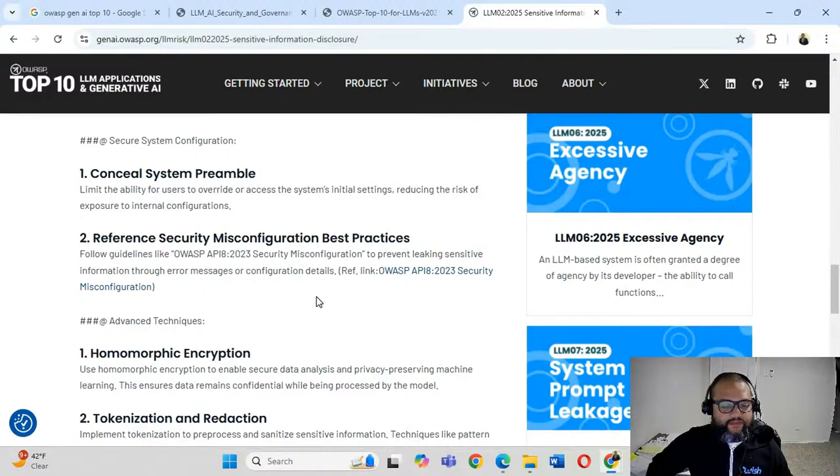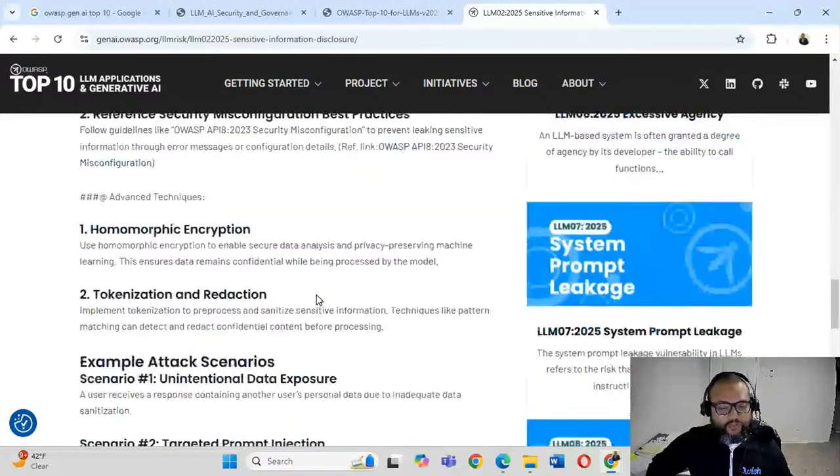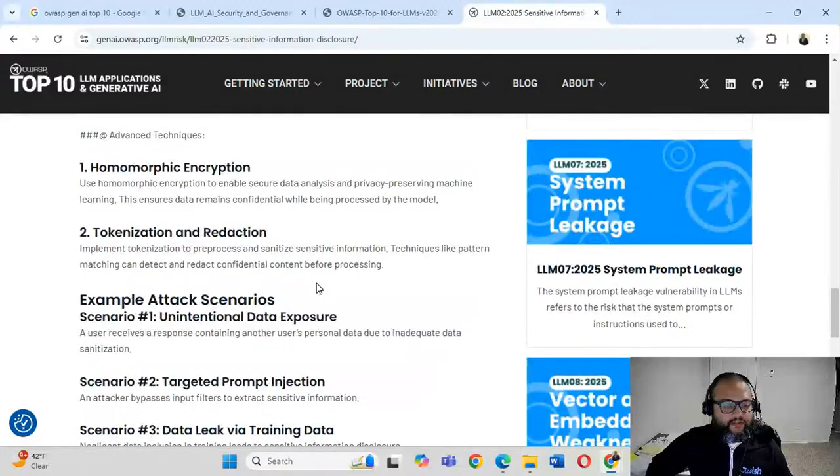So this is the other way around: the model owners are putting sensitive data into the model, and that's exposed to the clients or users. That's another way sensitive information is leaked.